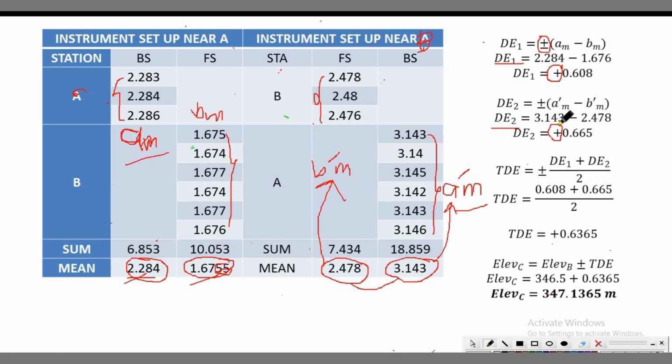Again, that is positive. So if I take the true difference in elevation, DE1, which is equal to 0.608 plus DE2, 0.665, divide it by 2, my TDE is equal to positive 0.6365. Bakit ko ina-emphasize yung kanyang sign? Di ba, there is a note sa notes nyo na kapag positive yung TDE, ibig sabihin,